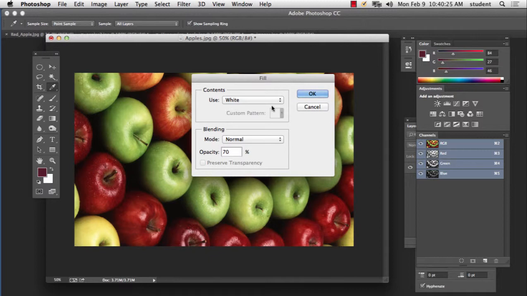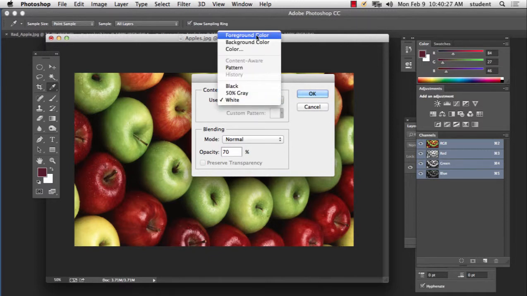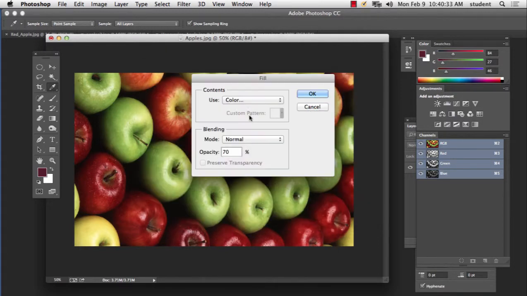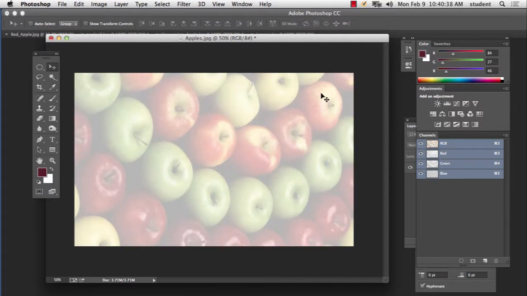And what that'll do is it will then put a 70% layer of white. Now you could use a color if you want. You could choose a foreground color or choose a color if you want. Maybe your web page has a certain theme to it that's blue or something. You could do that. I just used white right now. So I'm going to use 70% white, and if I hit OK, you'll notice it tints your picture a little bit. And now if I put text over top of it, this might be a nice background for a web page. I could put text over it, I could put a picture over it, and the people would still be able to read it. So that's what I mean by